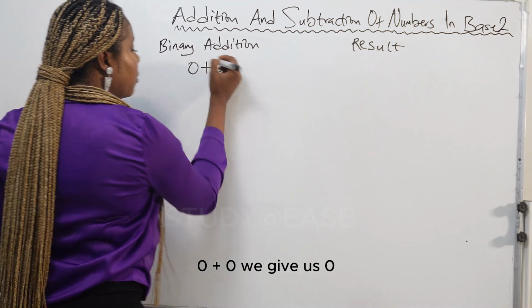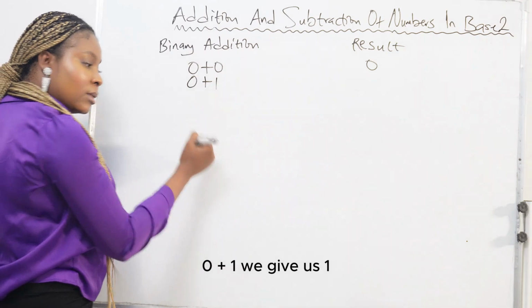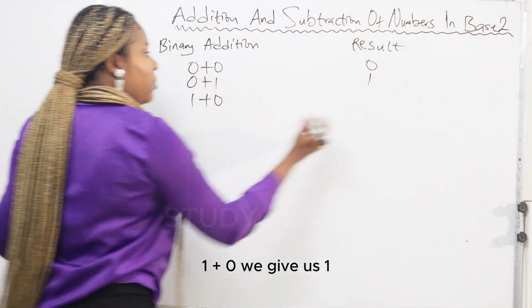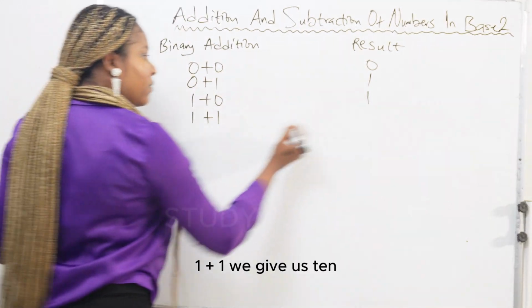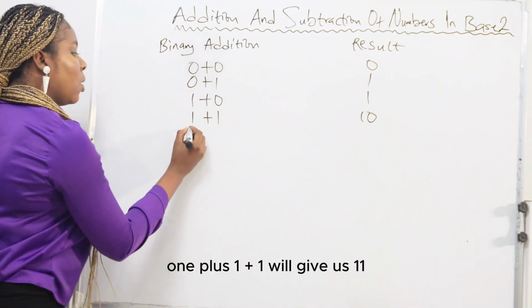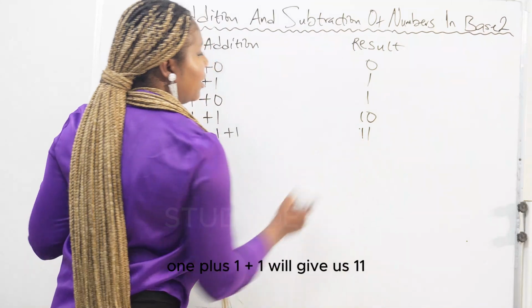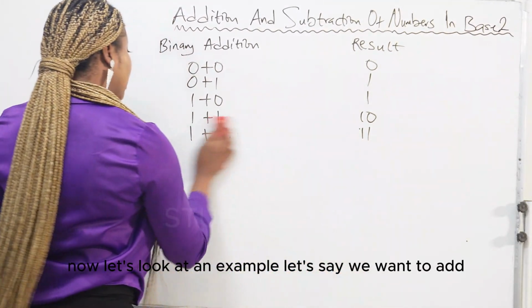0 plus 0 will give us 0. 0 plus 1 will give us 1. 1 plus 0 will give us 1. 1 plus 1 will give us 10. 1 plus 1 plus 1 will give us 11. Now let's look at an example. Let's say we want to add